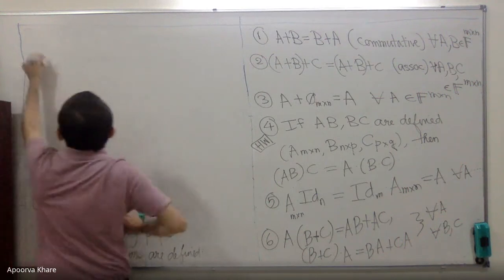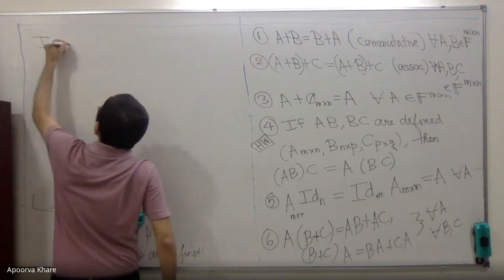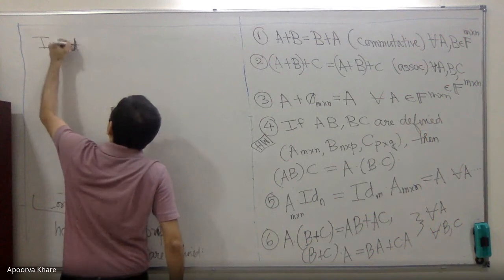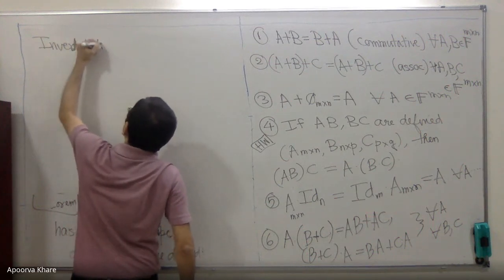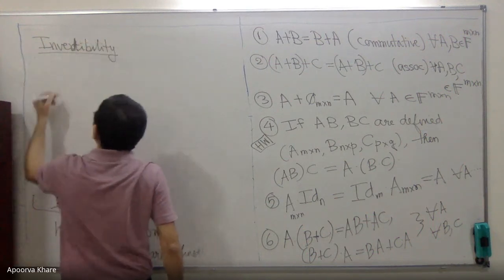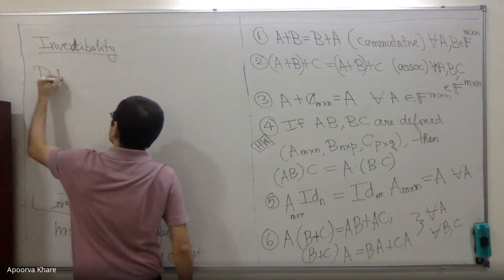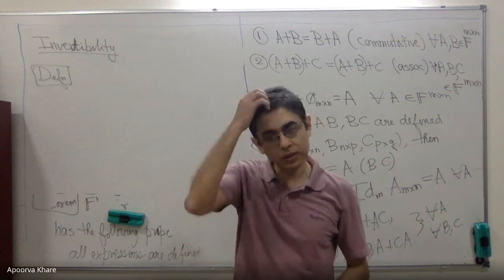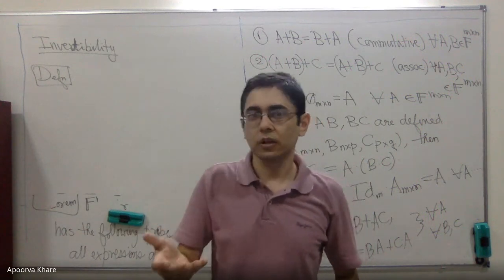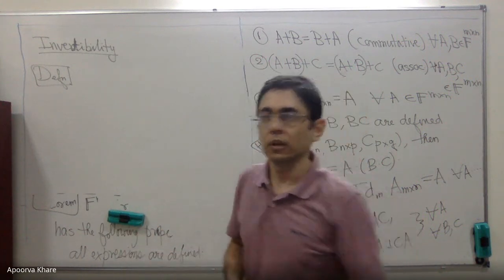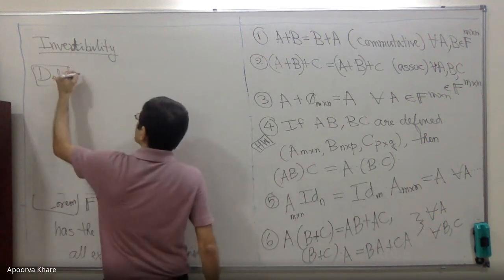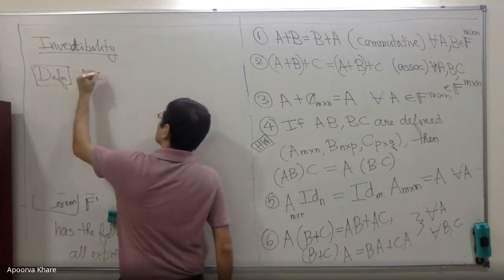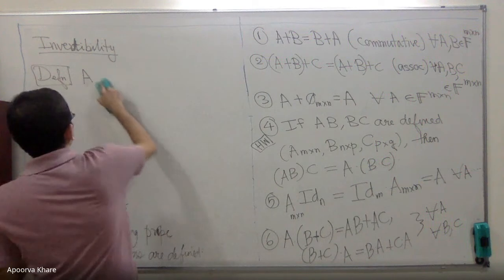That's really what it is. Because the definition, we will define it in the same way that we define reciprocal for a field element. Okay, so let's say a matrix A